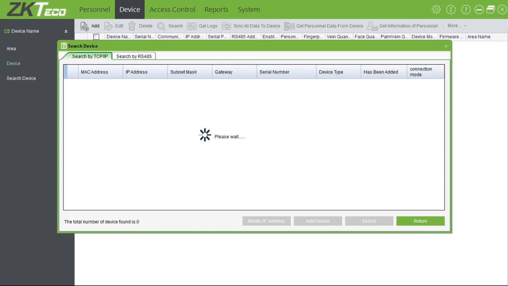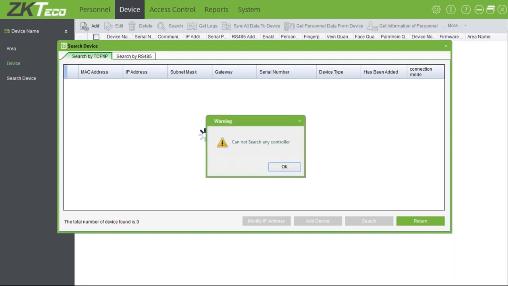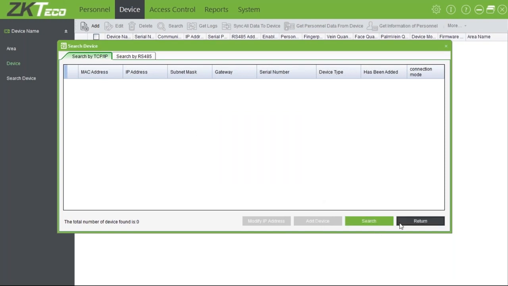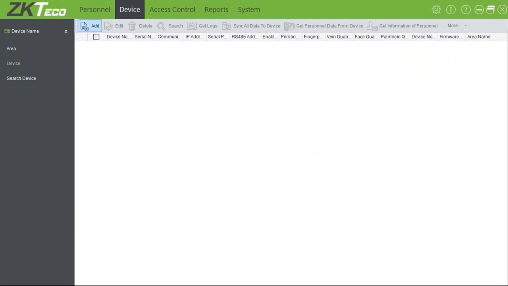Just give it some time to load through. There you can see it says it cannot search any controller as no controllers were picked up on the network. For the purpose of the training, adding a controller that you've already picked up on the network is pretty easy. You just double click on it and then click on add the device, and then it will add the device to the software. But for the purpose of the training, we will go the long way and add it